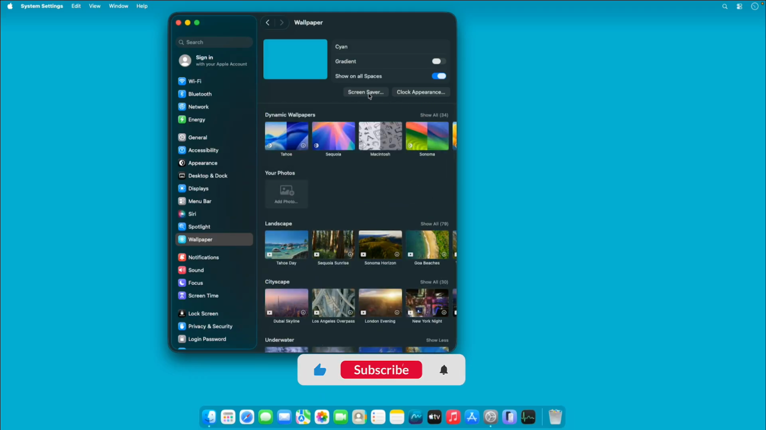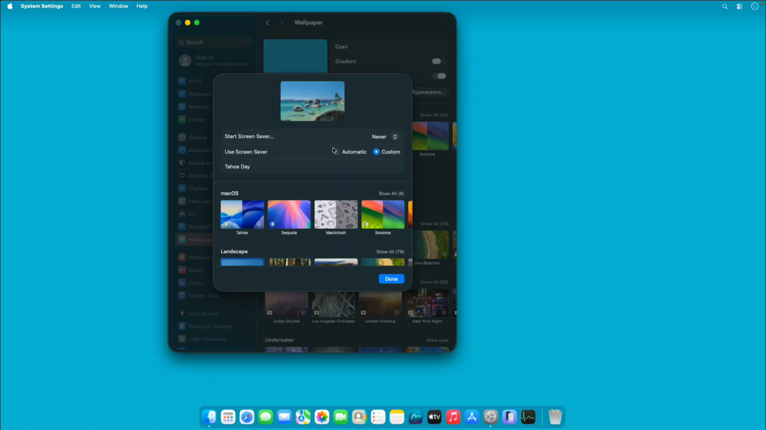Apart from that, if you want to change the screensavers also, you can choose the screensaver option, which will also help you to set up a screensaver. Right now it is set to never, but if you want the screensaver to be active after 5 minutes of inactivity, then you can choose 5 minutes inactivity, and whatever this preview is appearing here, it will be applied